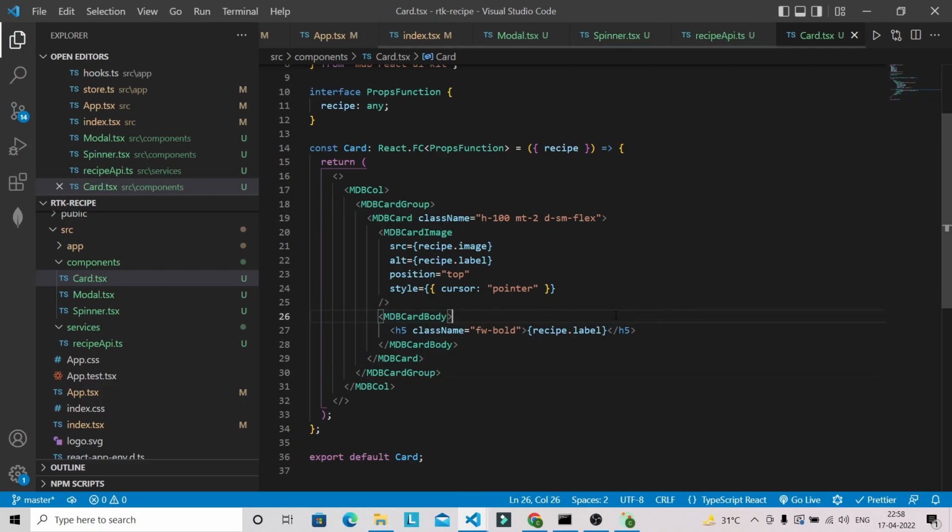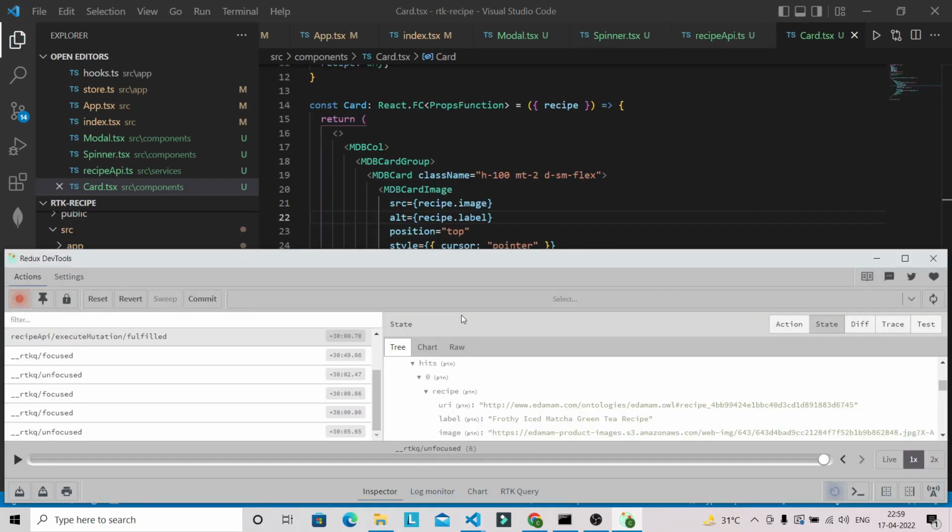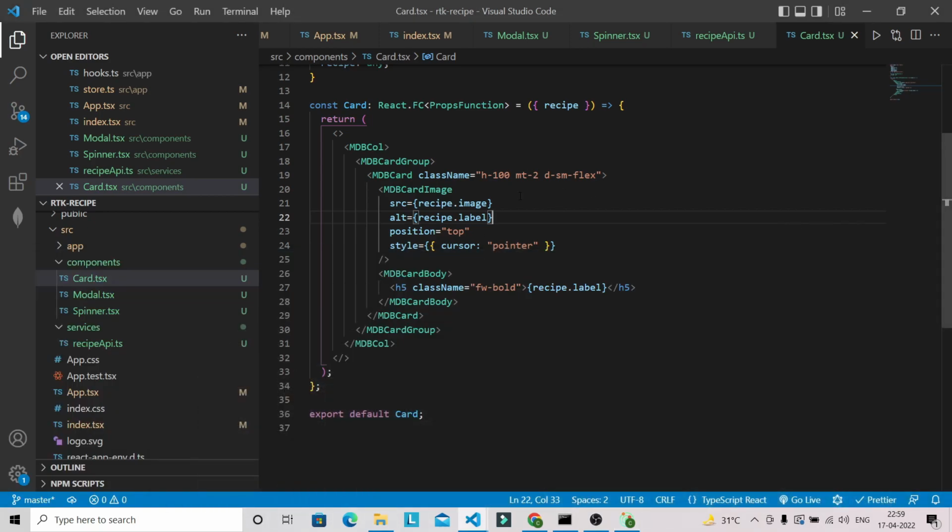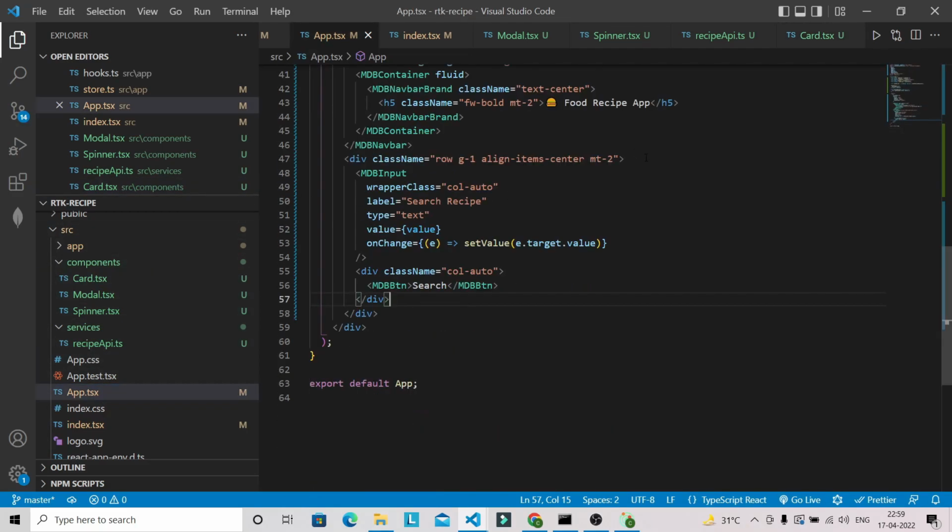Let's save this file. So you can see that in dev tool we have label image, so we are using this property inside our cart component. So let's minimize this one, and I'm going to use this cart component inside our app.tsx file. So after this div